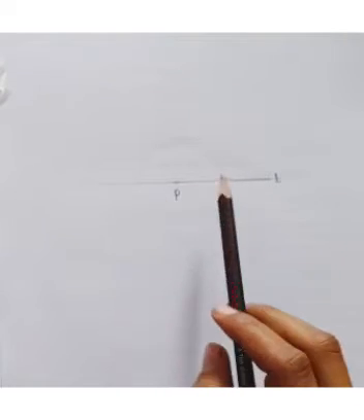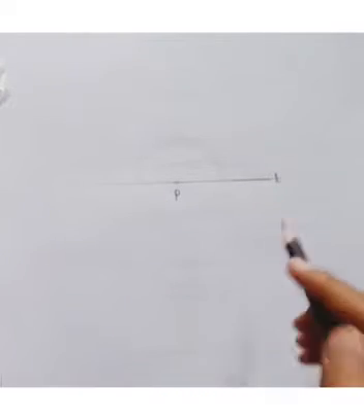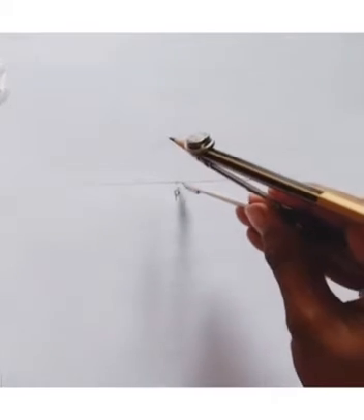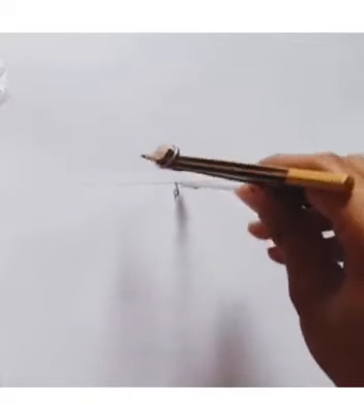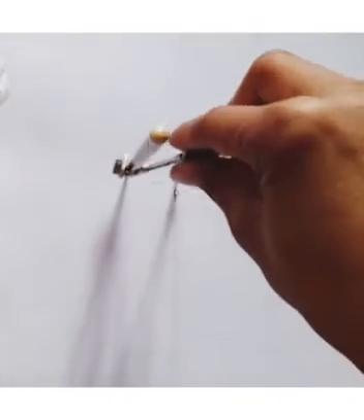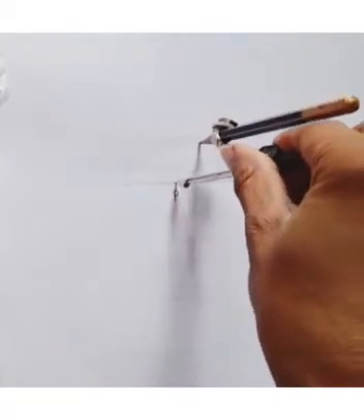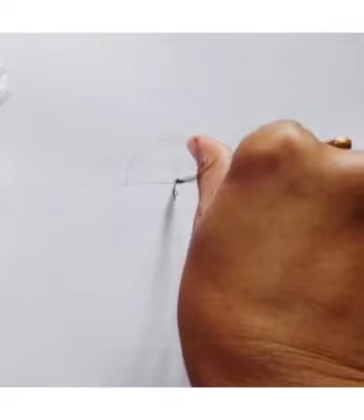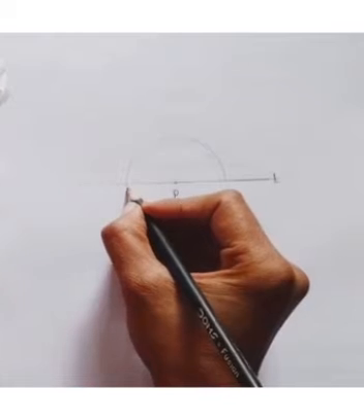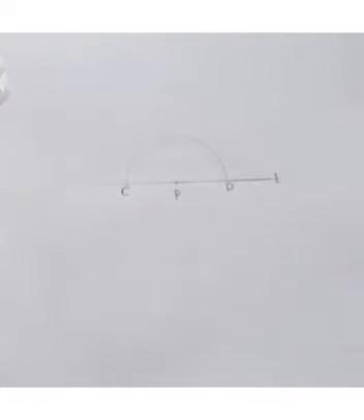Next we will learn construction of a perpendicular to a line through a point on it. So here I have drawn a line L, and I have taken a point P on it. Now you have to draw a perpendicular. So you will use your compass. Put your compass at point P, take it as a center and draw an arc of any suitable radius. So I have taken my compass and I am making an arc of any suitable radius. Now you can see that this arc is touching the line L at 2 points. I am naming them as C and D.